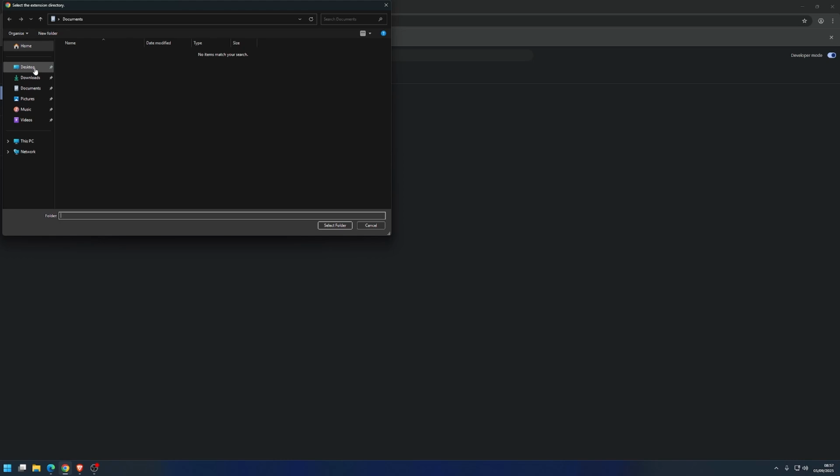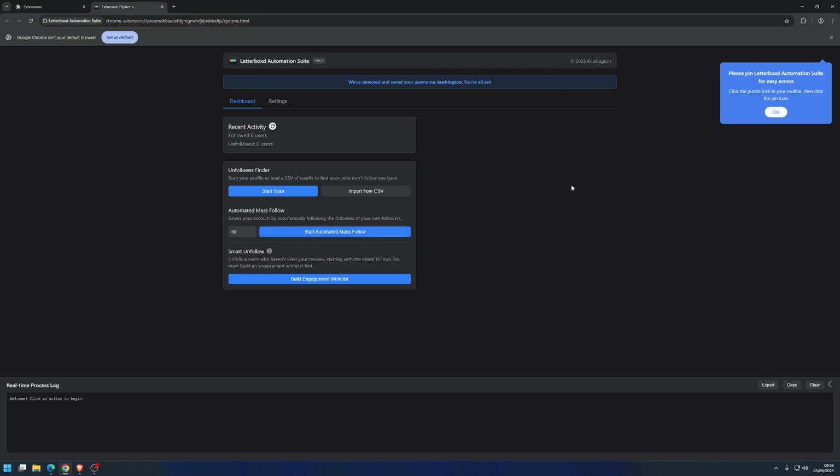So in this case, desktop. We see the folder here, browser extension 16. We double-click. And we'll see two folders inside. That's fine. We're exactly where we need to be. So at this point, we just click select folder. And as you can see, the extension has already loaded and it's already detected my username because I was logged